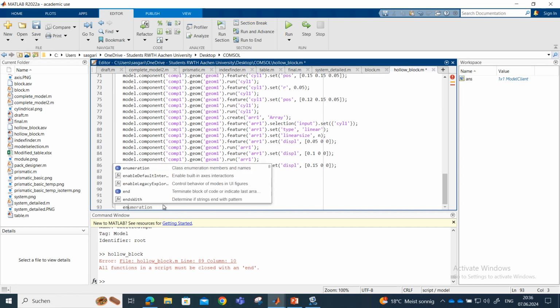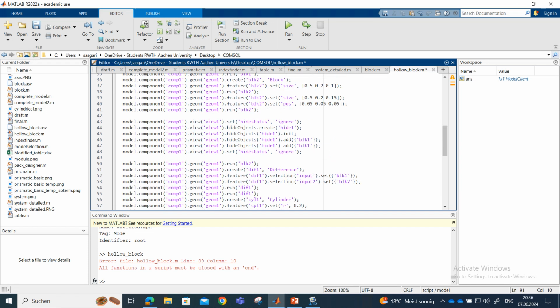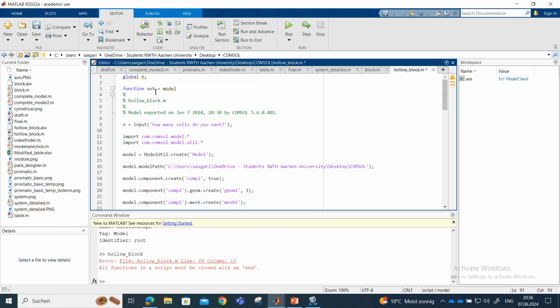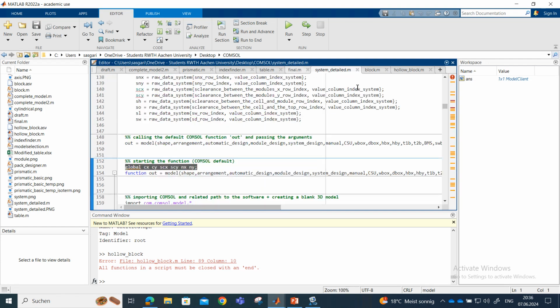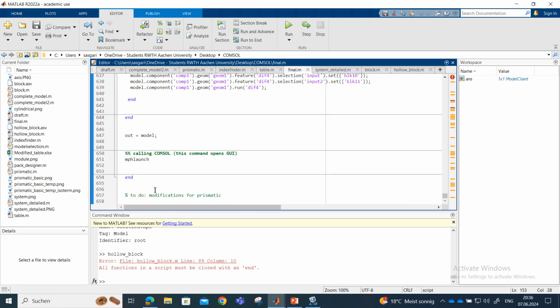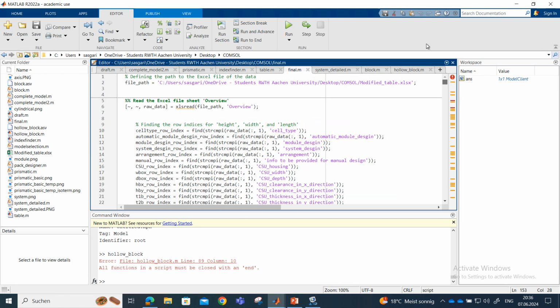Because mph launch is a part of the function. Then we have to treat this function as a normal function, and we call the function. Basically, you can call the function something like this. I want to, yeah, I have the end. You can call the function and if I'm right,